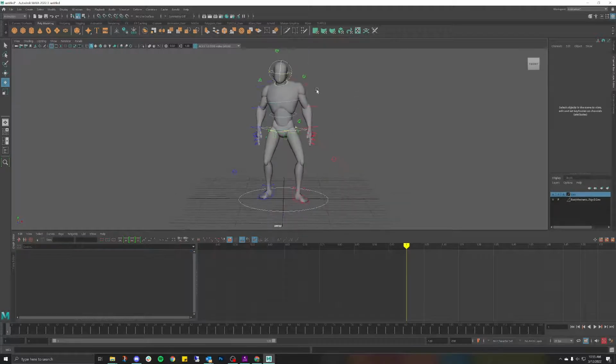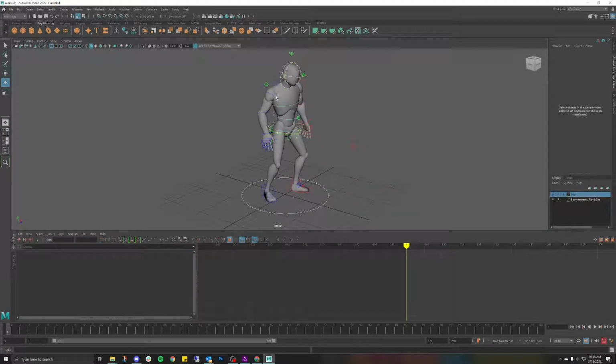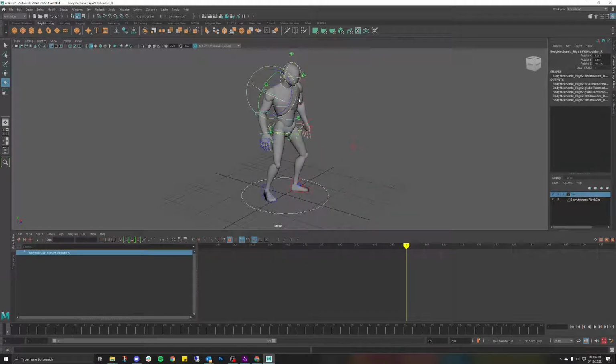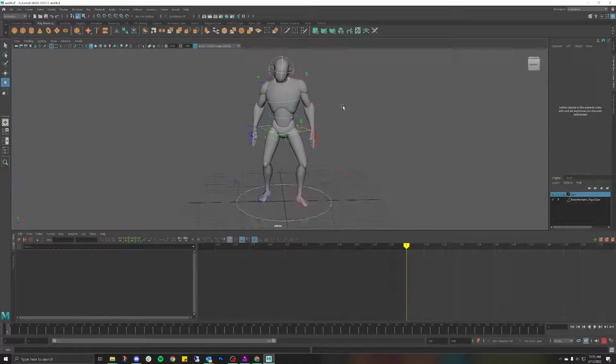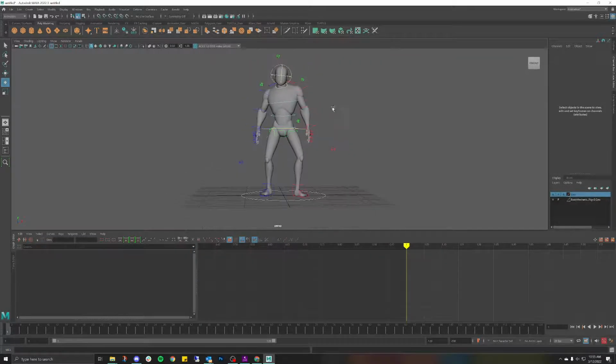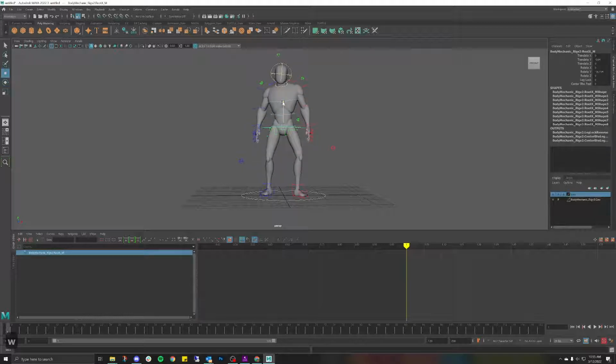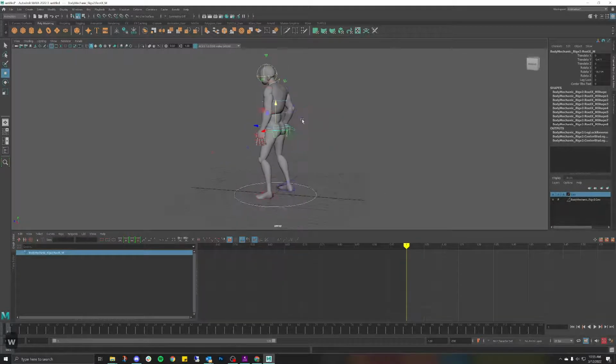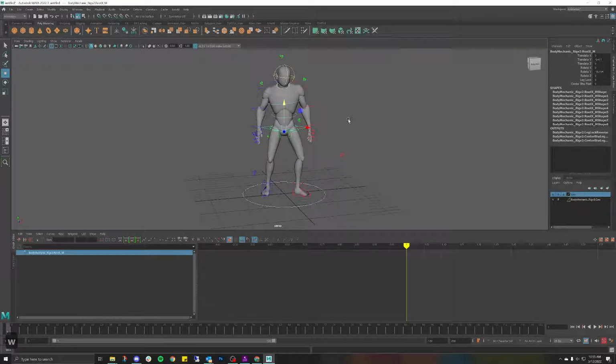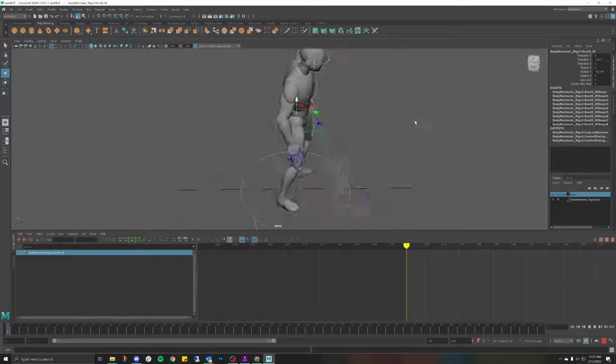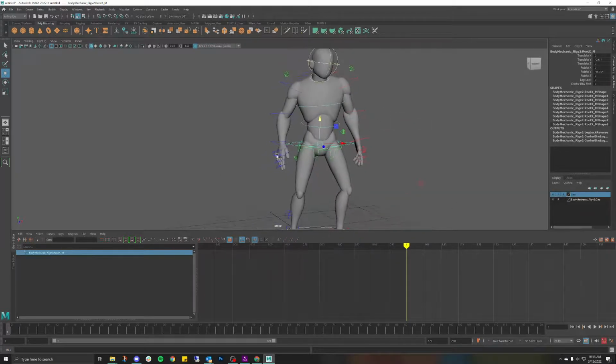Before I get too excited about the fingers, I want to make sure that my character is in a good pose. And that's good enough for me for now. All right, that feels better. Cool. All right, so now that I have that, next thing I'm going to do is I'm going to save